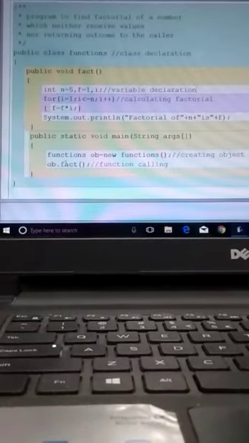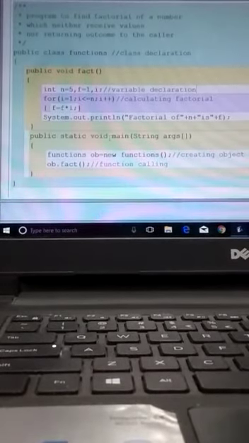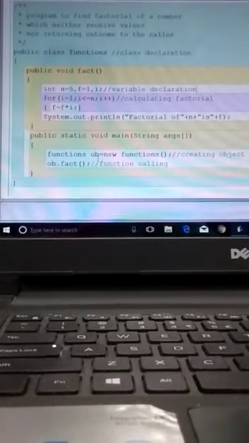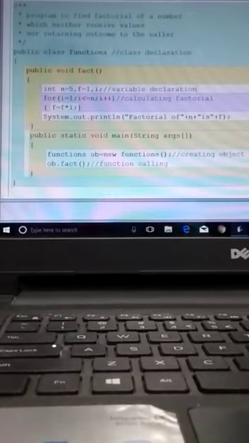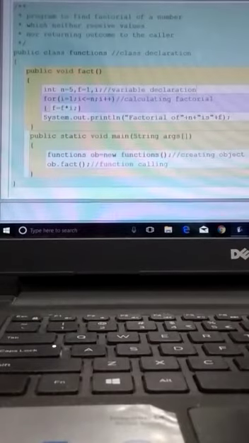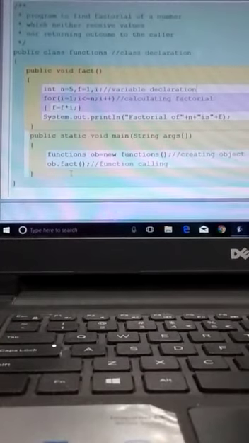What is the working of this? As soon as the program is executed, it moves to the void main function, and in the void main function it creates an object, and with the help of the object it calls the function whatever work is to be done. So when it calls ob.fact, it calls the fact function. It moves to the fact function, finds the factorial of 5 and displays the value over here. Factorial of 5 is, suppose, 120, so it will print the value and again it returns over here from where it is called. Suppose any statement is written over here, it will execute that statement. So in this way our program will work.